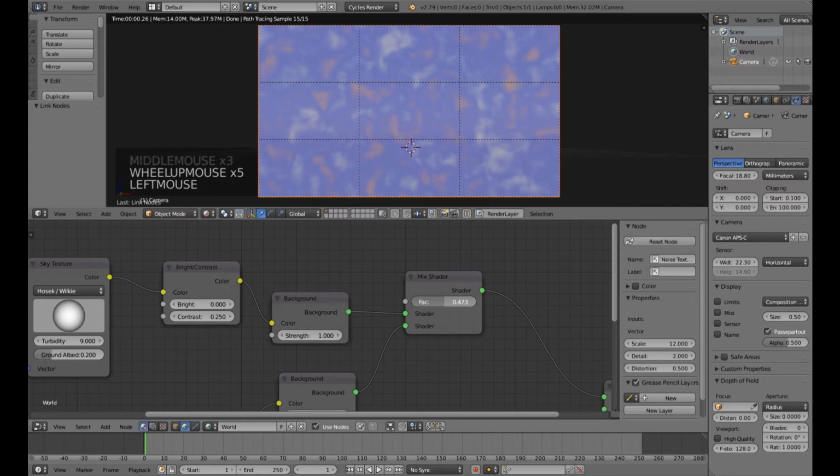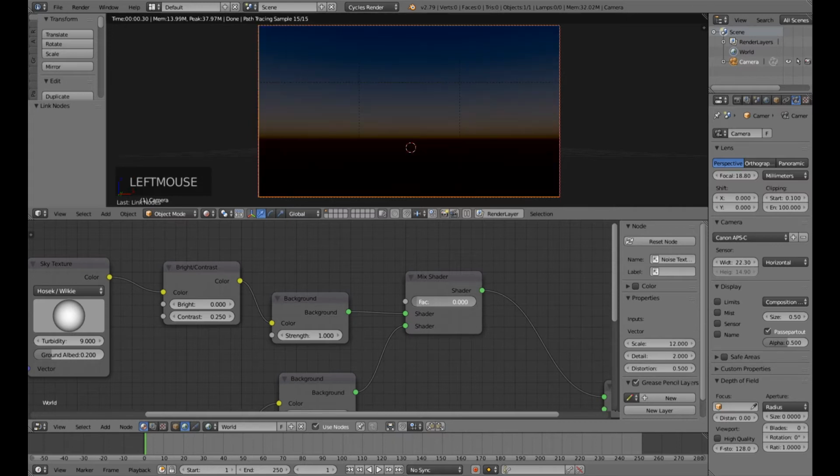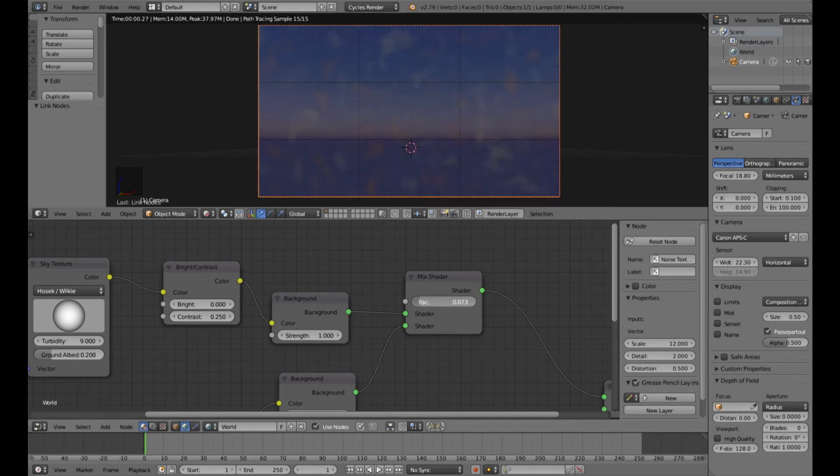So let me give it a quick test. Giving 0% of the factor will leave entirely this sky texture, and if I'm increasing that a little bit, you can see that a little bit of the second texture is picking up,